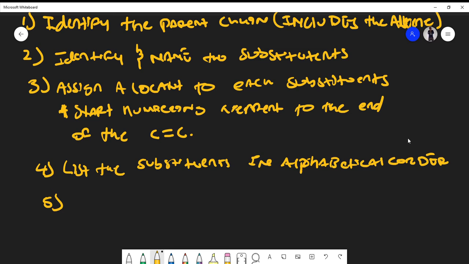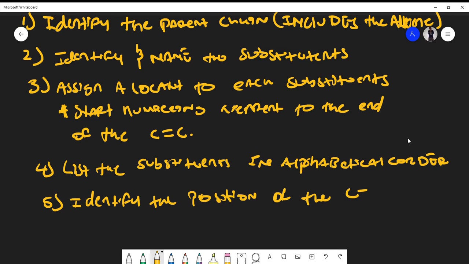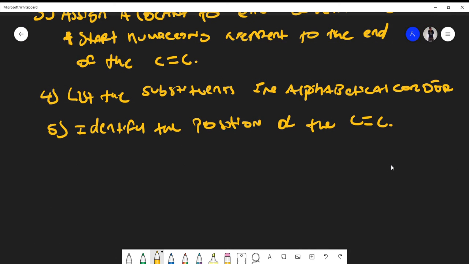The fifth thing you want to do is identify the position of the alkene bond. And the last thing you want to do is assemble the name,